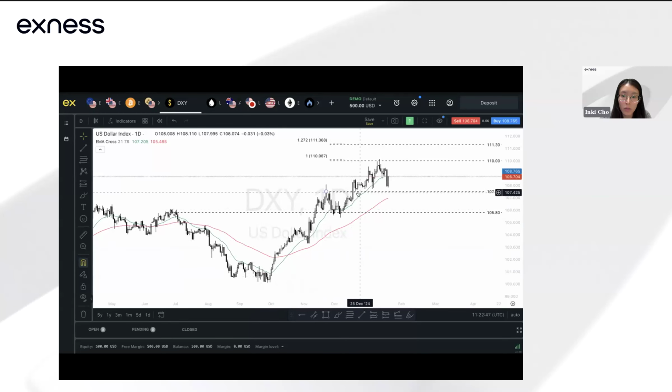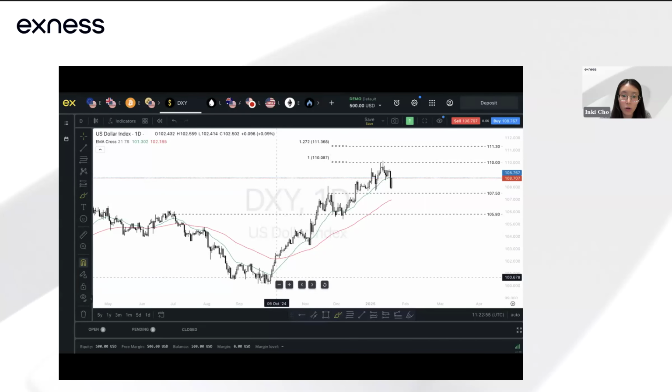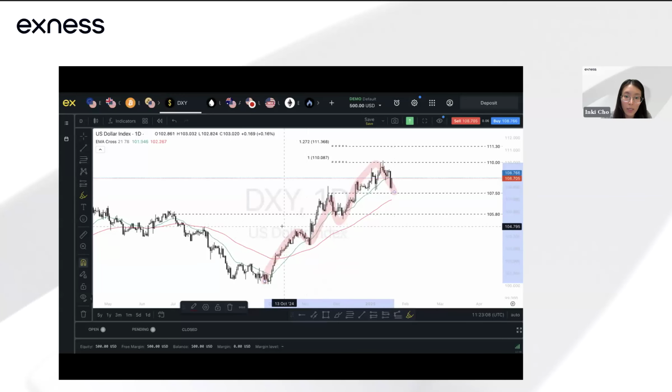If we take a look at the dollar index on the daily time frame, you can see that with the most recent price movements, prices are still in this bullish market structure. The way I look at this is that I take the most recent price action and highlight the peaks and troughs, or the turning points. Prices are still forming higher lows and higher highs, which come in the form of higher peaks, the ones I've highlighted, as well as the troughs.